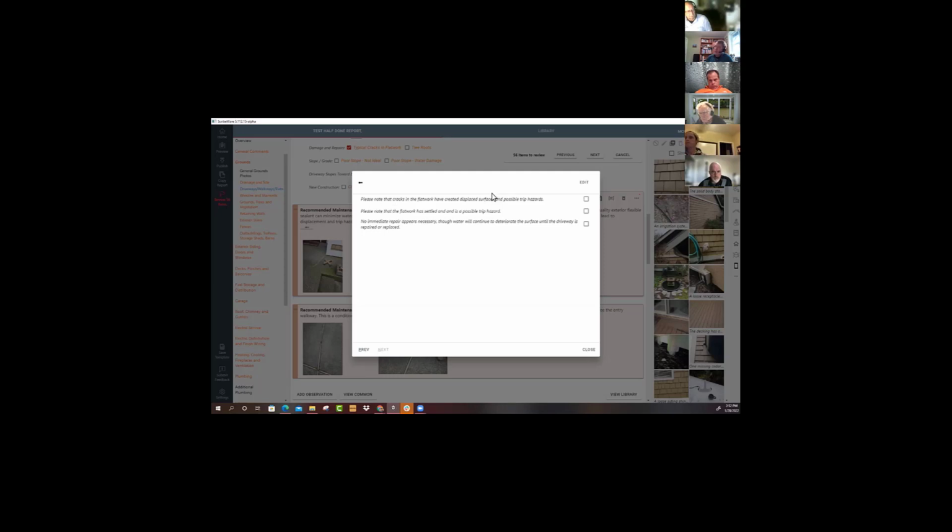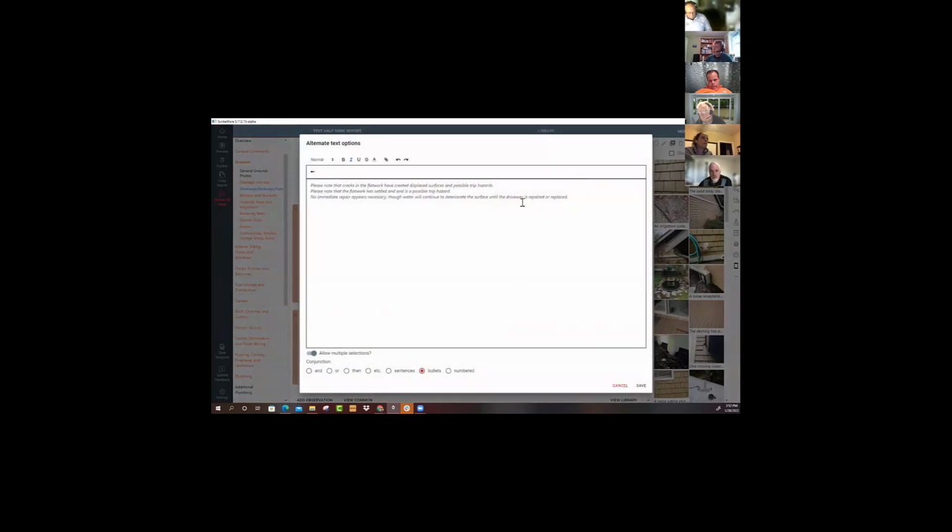Well, I could say, please note the cracks in the flatwork have created displaced surfaces and possible trip hazards. Or I could use, please note the flatwork has settled in as a possible trip hazard. No immediate repair appears necessary. The water will continue to deteriorate the surface till the driveway is repaired or replaced. And I can edit this. Like driveway, I should actually have it say flatwork, because that'll work in every case, right? So I will edit this to flatwork,